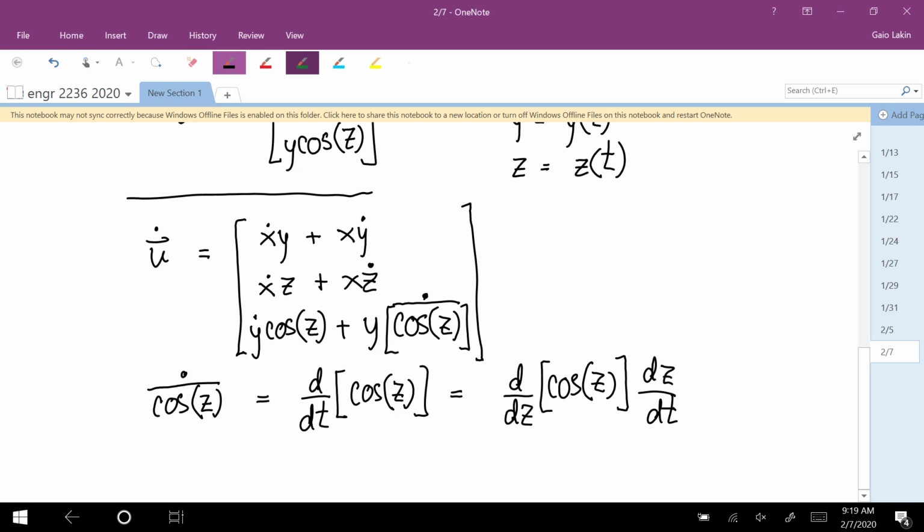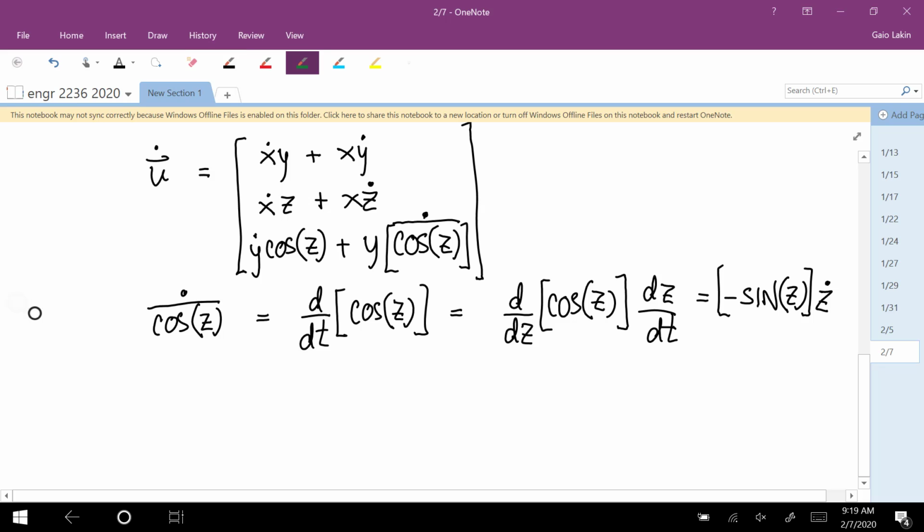Okay, that's the chain rule. And so d dz of cosine z is negative sine z. And then dz dt is what we're representing as z dot. So now substitute that in, and you get